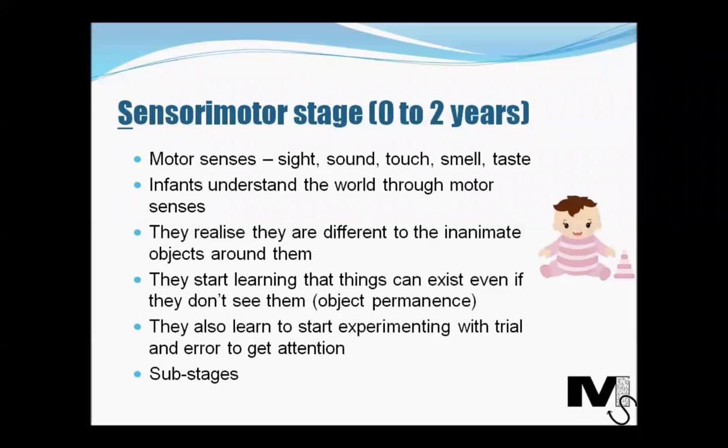For instance, if it's a very young child who requires a certain type of ball, and if it's taken away from him and put away in a place where he or she can't see it, then he or she would think that the object no longer exists. But gradually, as the child progresses along in this stage, he or she realizes that the object still exists, but it's just away